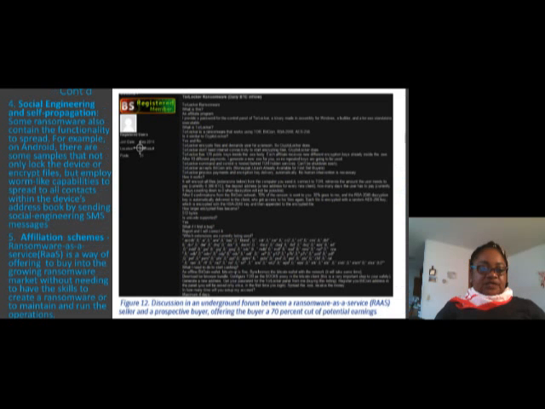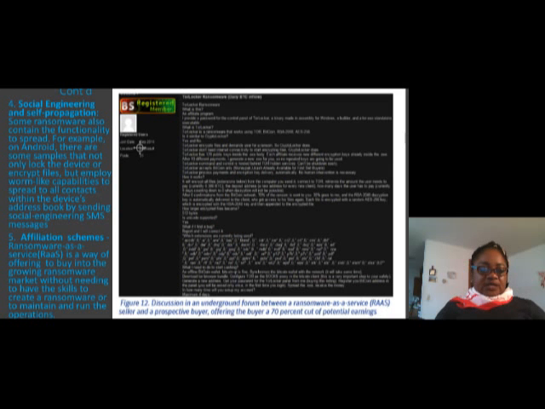Social engineering and self-propagating. Some ransomware also contains functionality to spread. For example, on Android, there are some samples that have not only locked the device or encrypted files, but employ worm-like capabilities to spread to all contacts within the device's address book by sending social engineering SMS messages. Affiliation schemes.